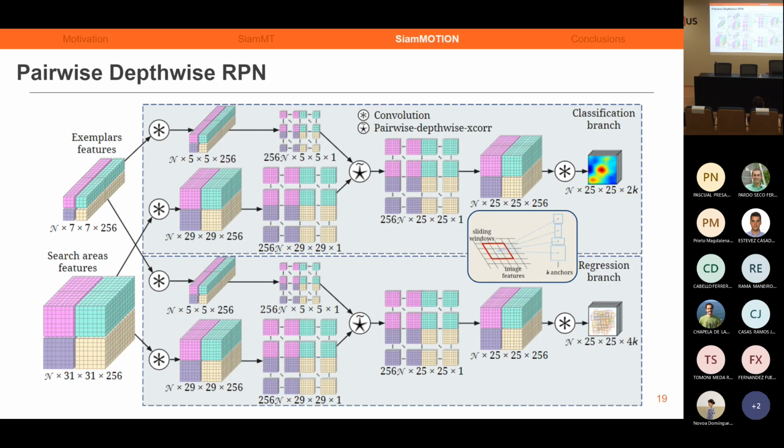However, our RPN has a key difference compared to other region proposal networks, and it is that the core of our similarity operation is powered by the pairwise depthwise cross-correlation we introduced in SiamMOTION. This allows it to perform multiple pairwise comparisons in an efficient and scalable manner. In return, it introduces a little bit of complexity, as we must reshape the input and output tensors, but this is more than justified.